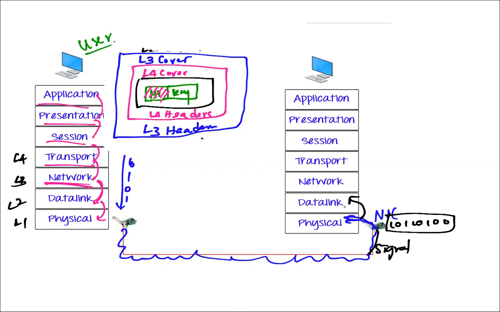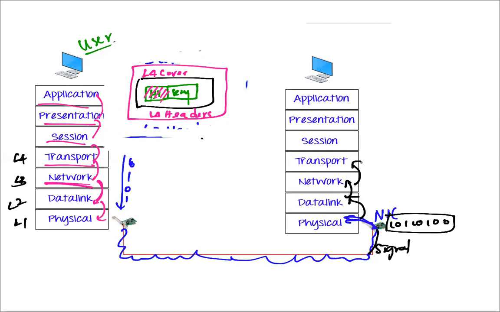He is passing it to the network layer. Now, what will the network layer do? He'll check the layer 3 cover, and after that he'll remove that cover. And now he sends it to the transport layer. What will the transport layer do? The transport layer will again remove the layer 4 cover. This layer 4 cover is removed by the receiver's transport layer, and now he gives it back to the